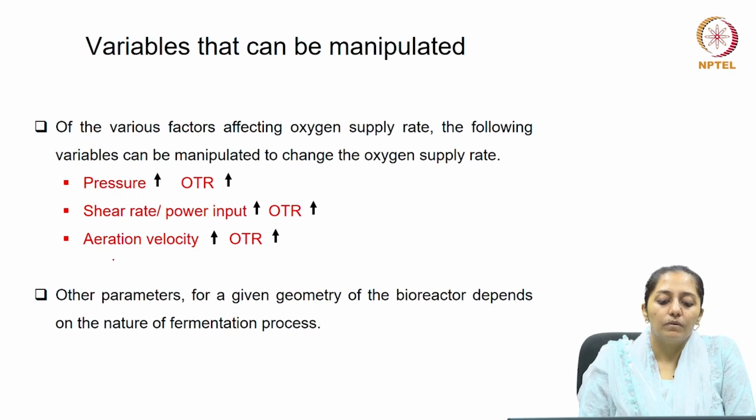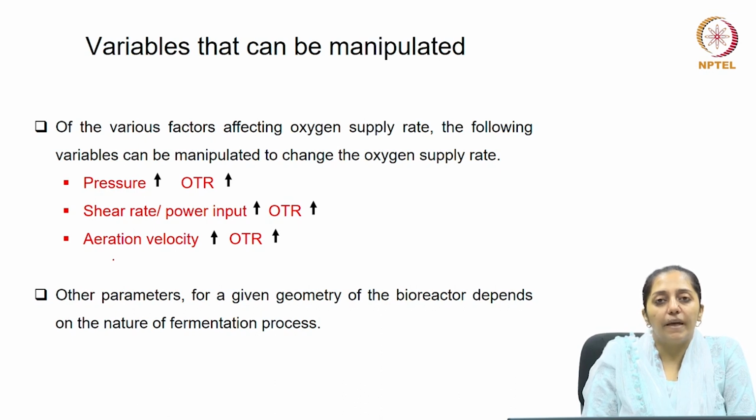We try to increase the pressure, which will also increase the oxygen transport rate. We can increase the shear rate by increasing the power input, thereby again improving the oxygen transfer rate,